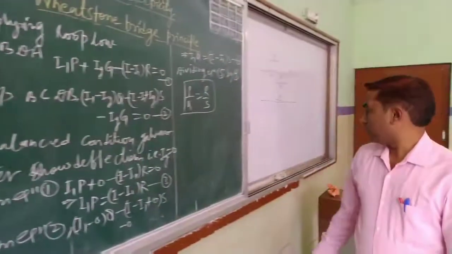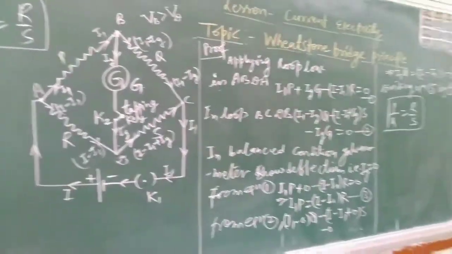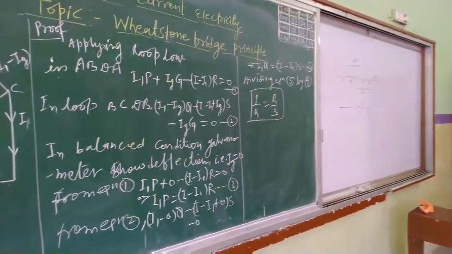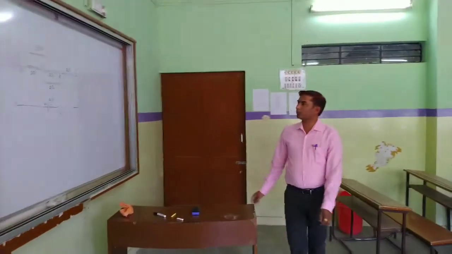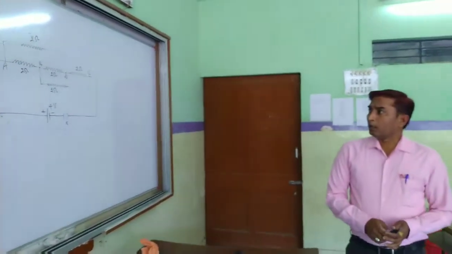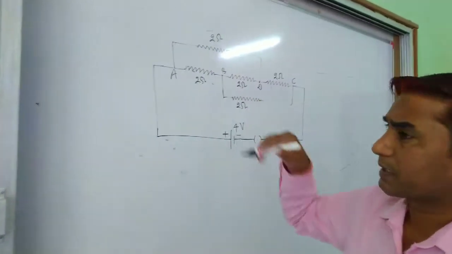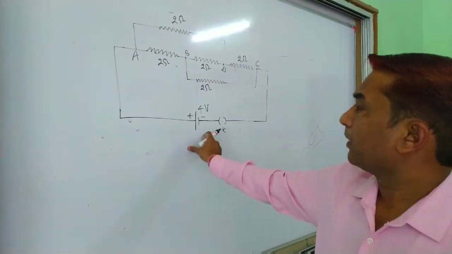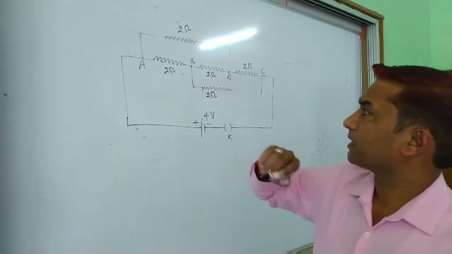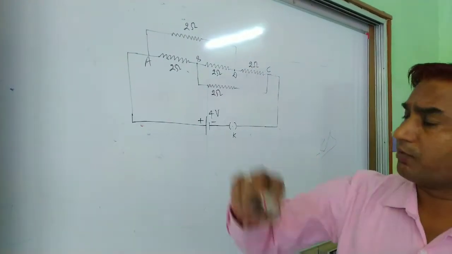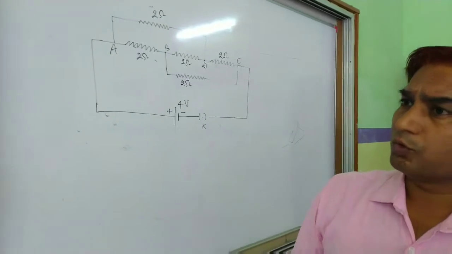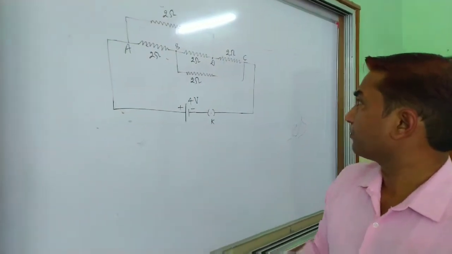Okay, and this principle has many applications, like solving simple circuits. So there is a problem related to the Wheatstone bridge principle, which is shown in the figure. Find the current flowing through the circuit or drawn from the cell. Again, there are resistances connected in the form of a bridge as shown in the figure. In such type of problem, we use the Wheatstone bridge principle.